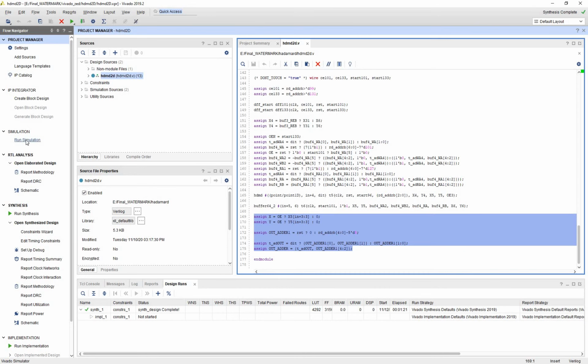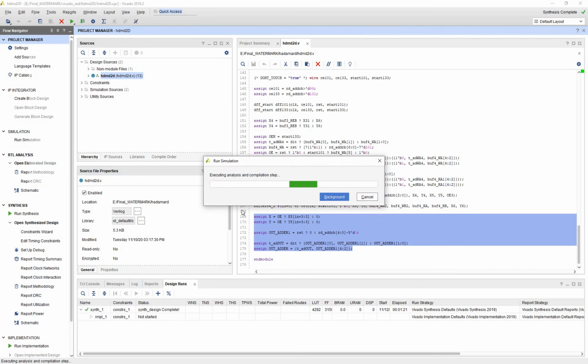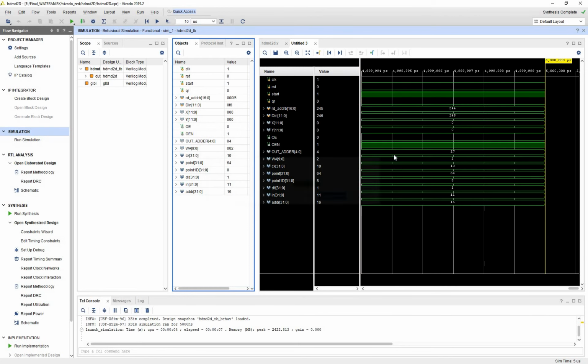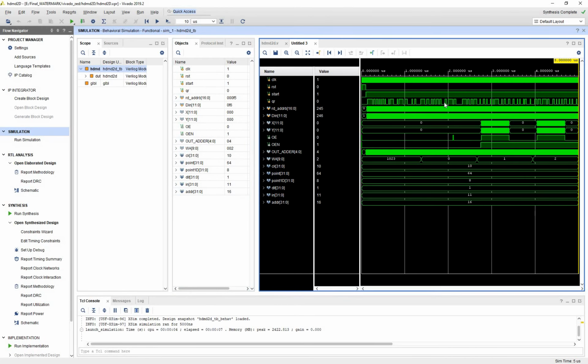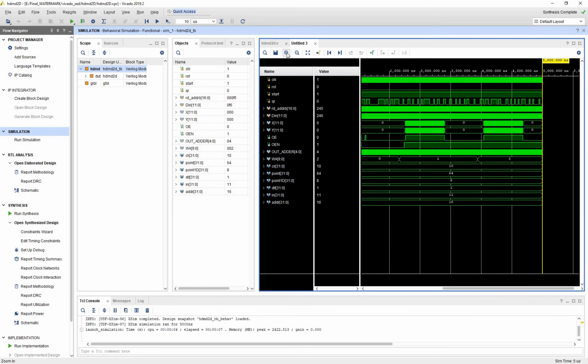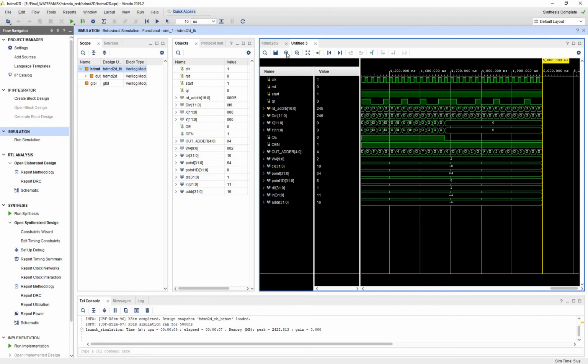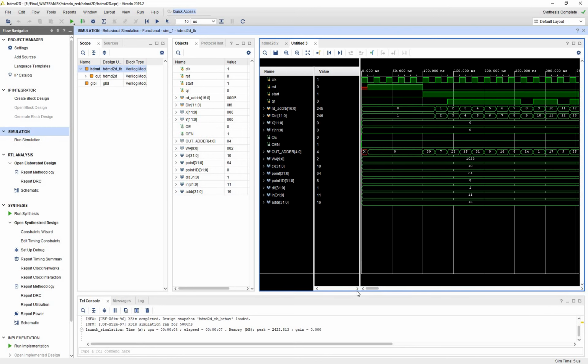So we look on to the simulation. If you look, after the start signal, we generated inputs of D in as 1, 2, 3, 4 in sequence order.